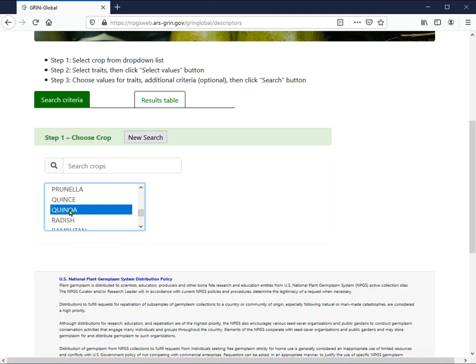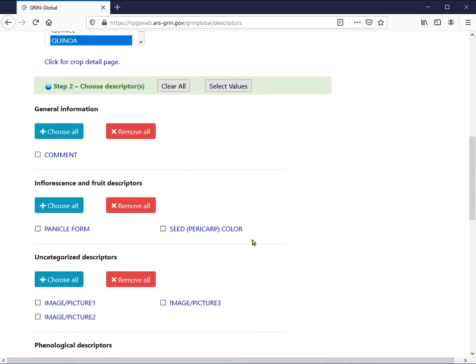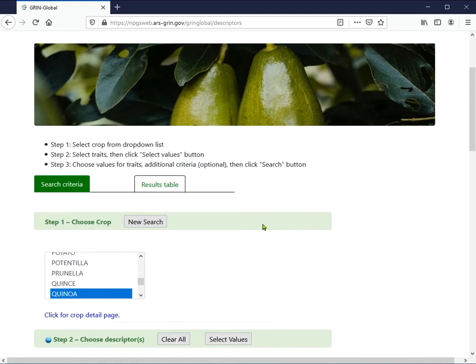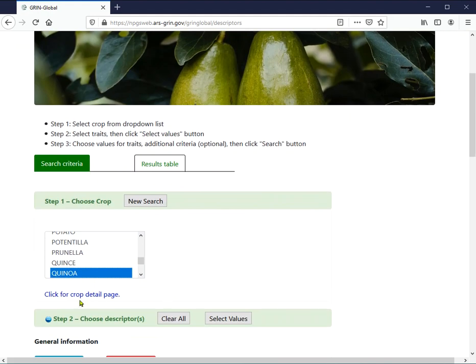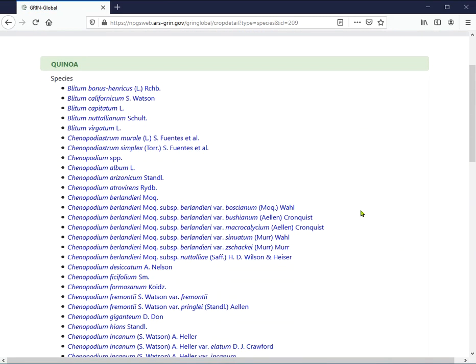There's quinoa. And in quinoa, we have the descriptors that we've already been talking about some. And we have this crop detail page. So I'm going to click on crop detail page, and there's 4 columns. The descriptors you've heard a little bit about, the species, which is taxonomic information, and I'll show you citations in a minute. So species, these are the species that we include within the quinoa group,